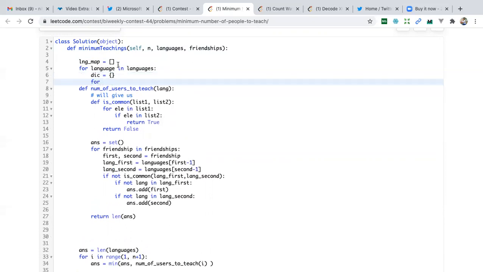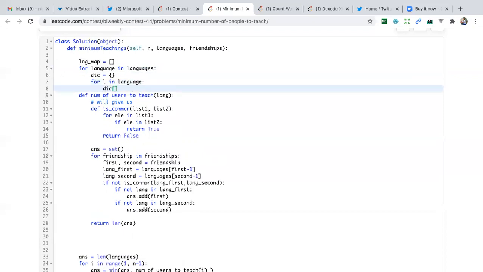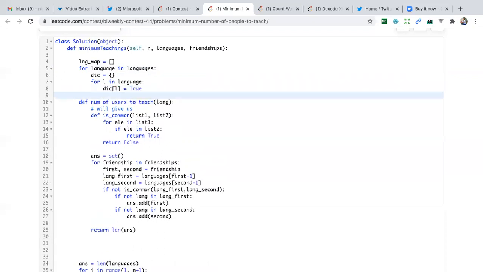For alien, okay, so sorry, yes, it's okay for alien language. Dictionary of L will be true, and language map dot append